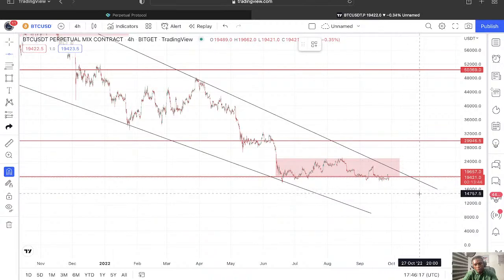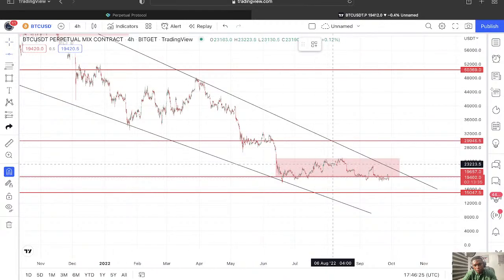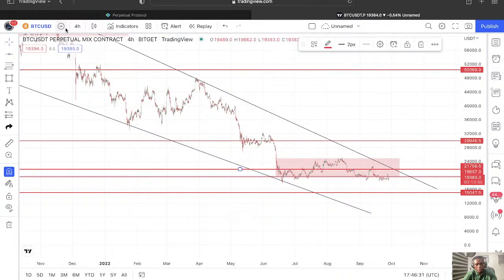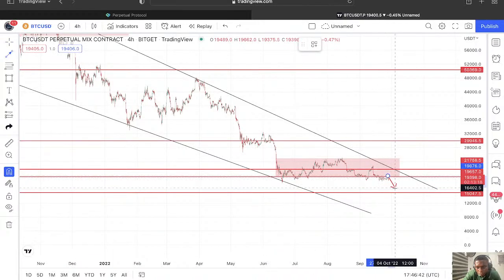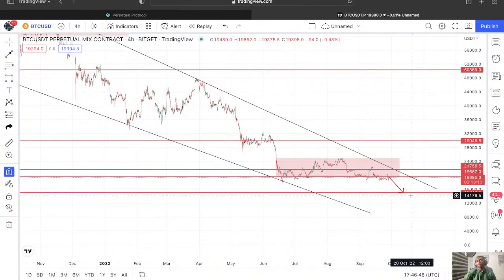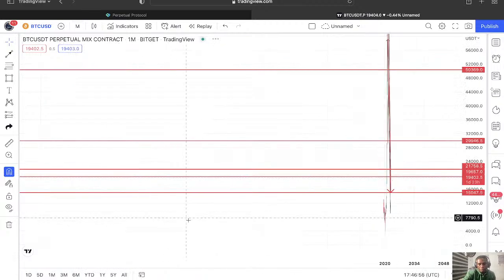It is the potential fall level. As you can see now, BTC stands a chance of falling further to the 15K region,